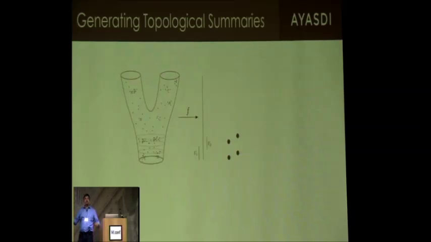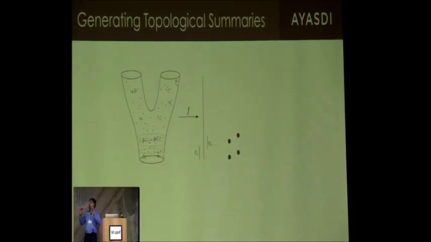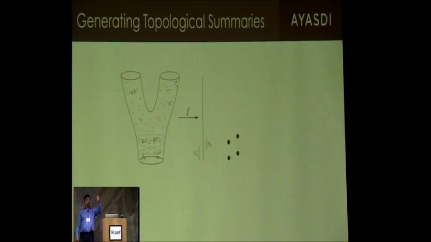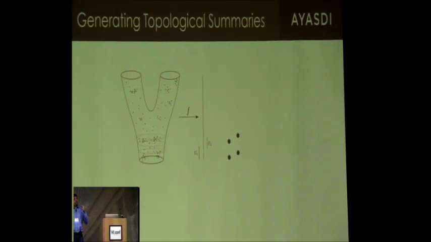Now notice, because the open sets overlapped in the range, there's going to be some piece of the domain of the function where there are points in both U1 and U2. That means there are points that go to one cluster in U1, and those same points go to a different cluster in U2. When that happens, I'm going to draw edges between the clusters. And now I'm going to cover the complete range of this function, and just go and do this.